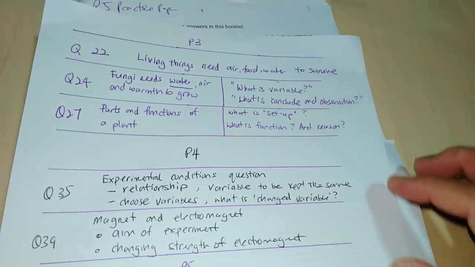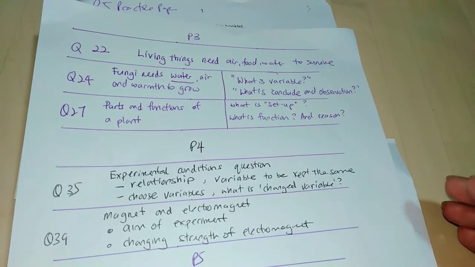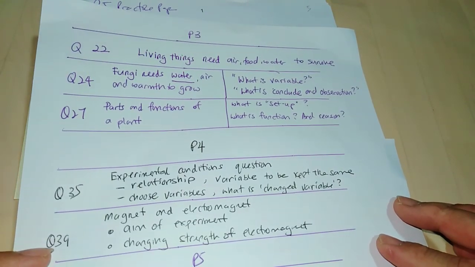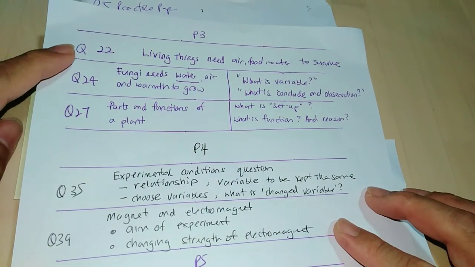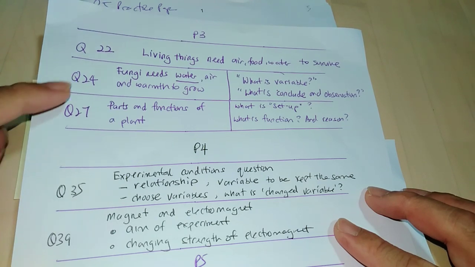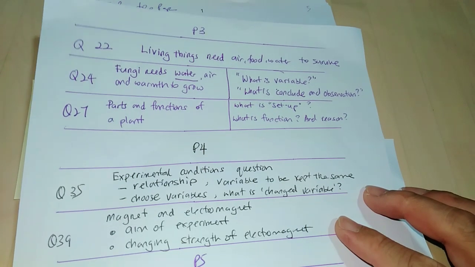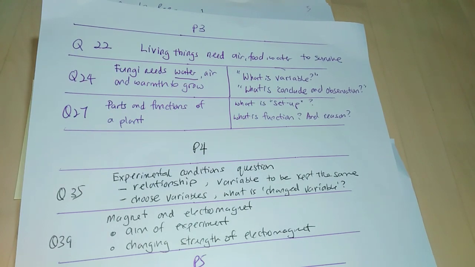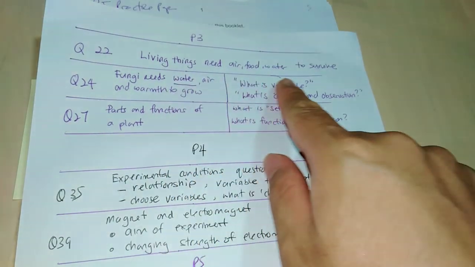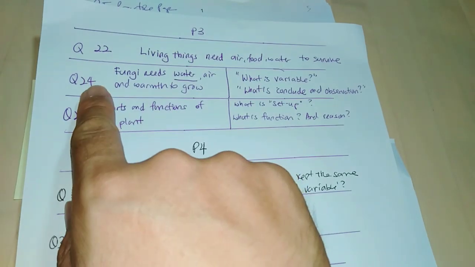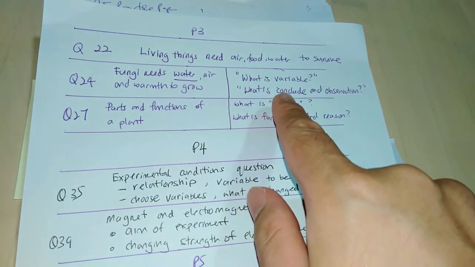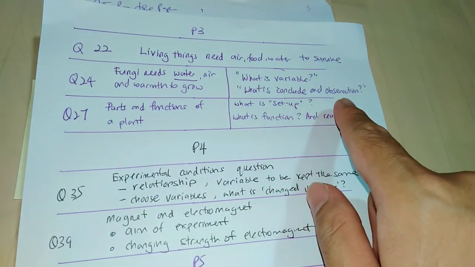Now, some of the questions can be used by students of different levels for revision. So for the Primary 3 paper, I'll be focusing on question 22, 24 and 27. These are the topics being covered for question 22. This is the one for question 24, and some of the words here that will come up in the questions